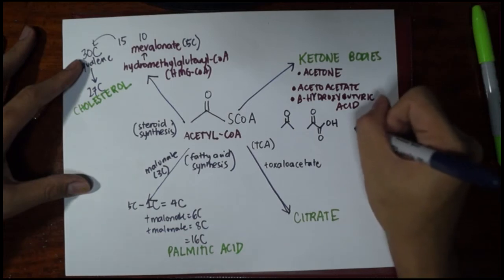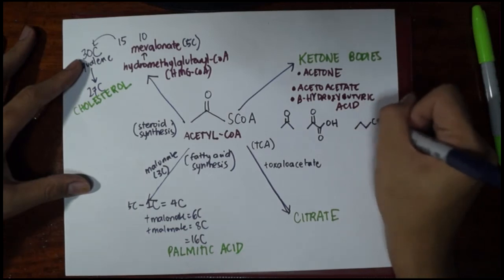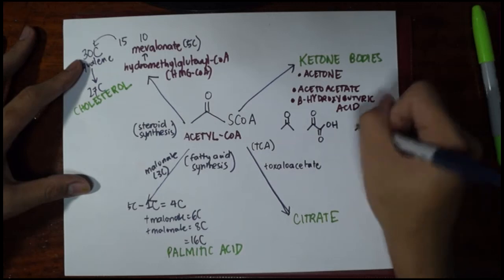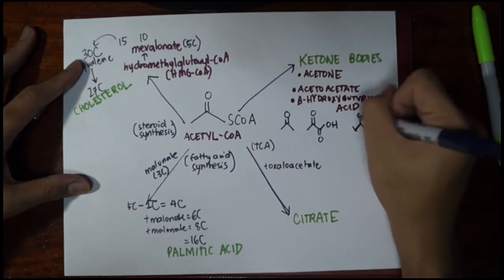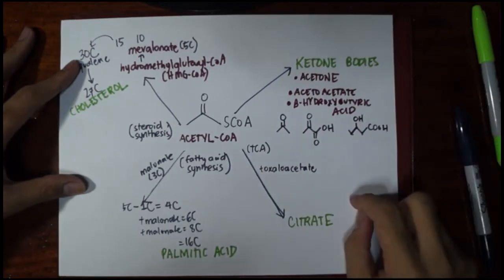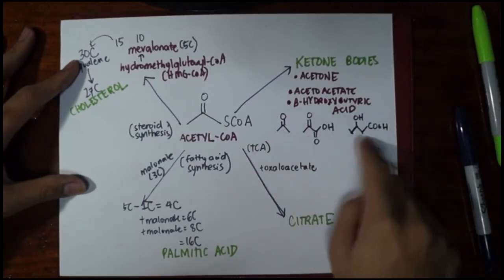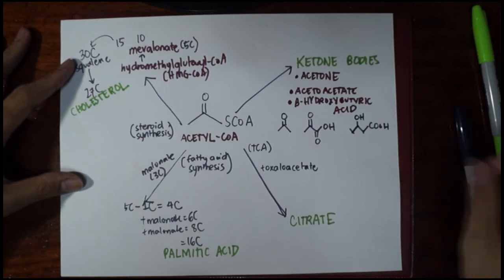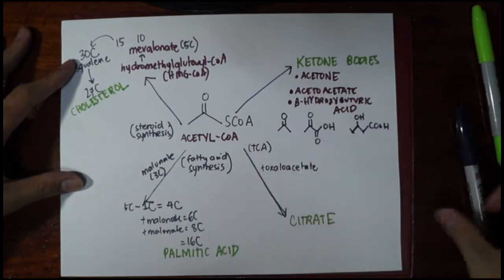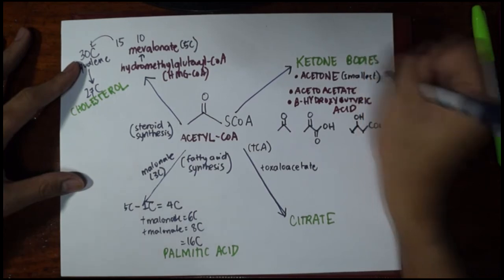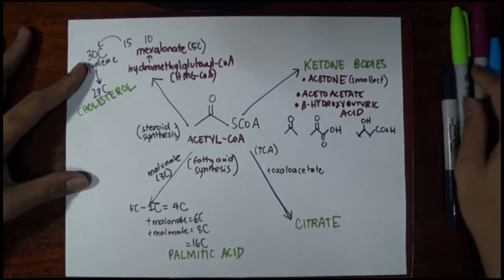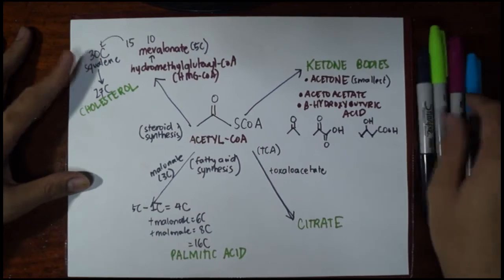and this is gamma, alpha, beta. This is beta hydroxybutyric acid. So comparing the three of these, the acetoacetate and beta hydroxybutyric acid are both 4 carbons, so meaning that acetone is the smallest. But in any case, all of these 3 ketone bodies are progressively deleterious to the body because